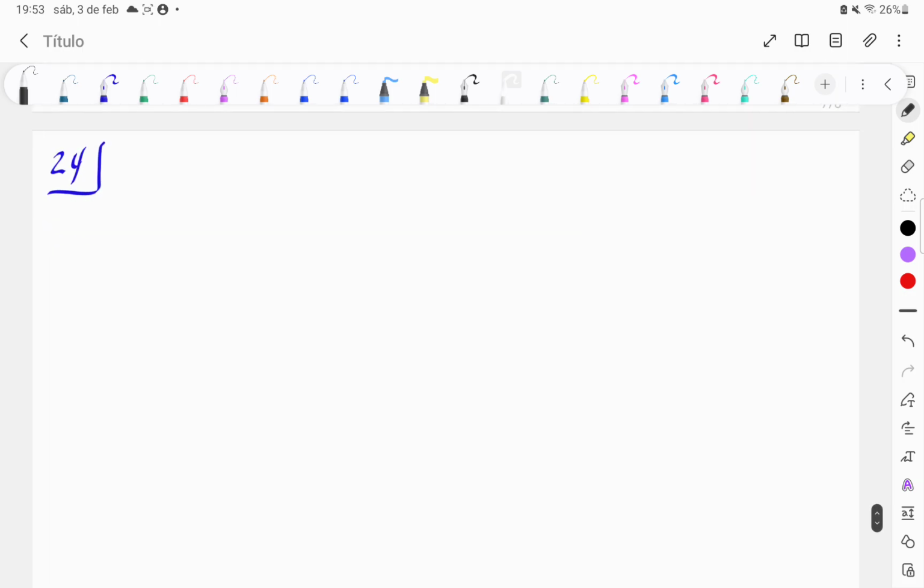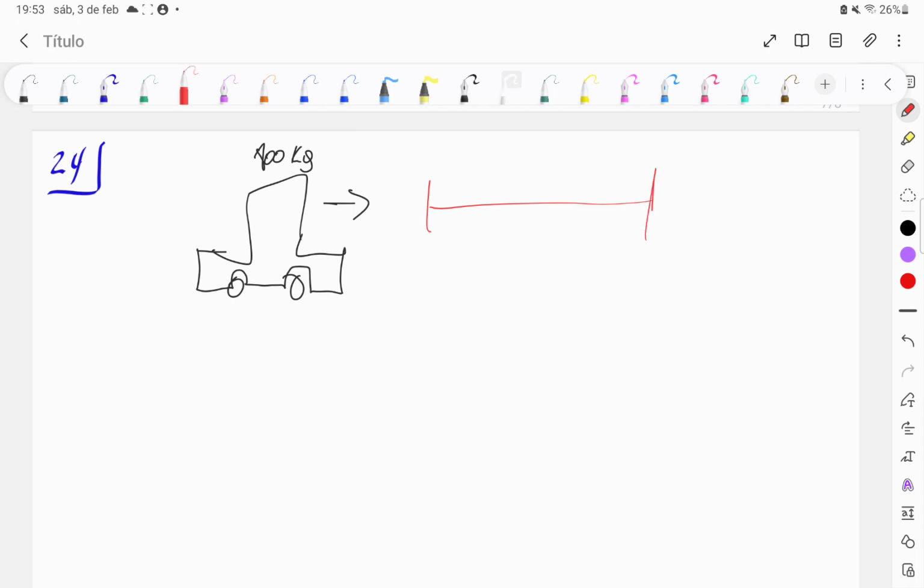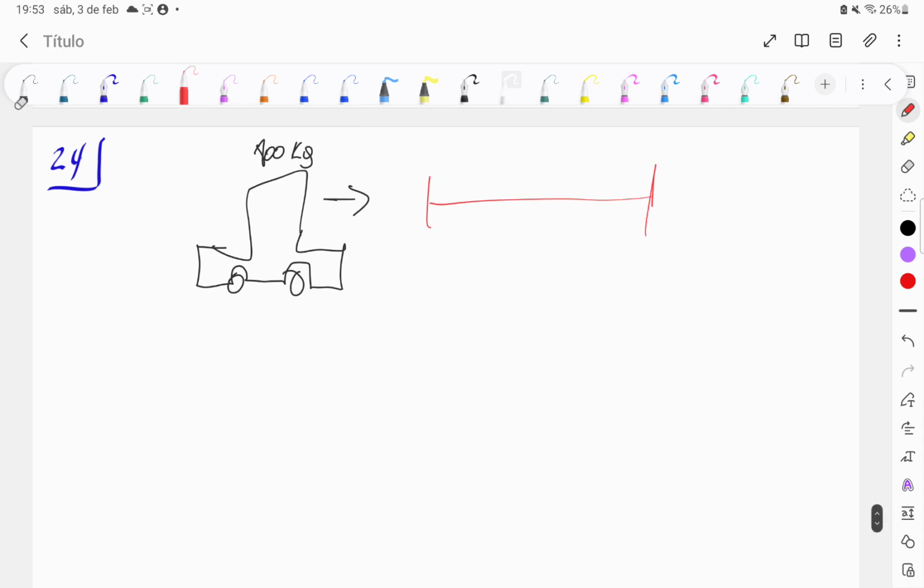in a physics exercise you have to imagine and understand what you are doing. In this case we have a car, that we can draw here. This car is moving in whatever direction, it doesn't matter. It has 800 kilograms, but the important thing is that we can describe this movement in a line of time. It says that it parte da ferma, so we can say t equal to 0, the velocity is equal to 0 because parte da ferma,